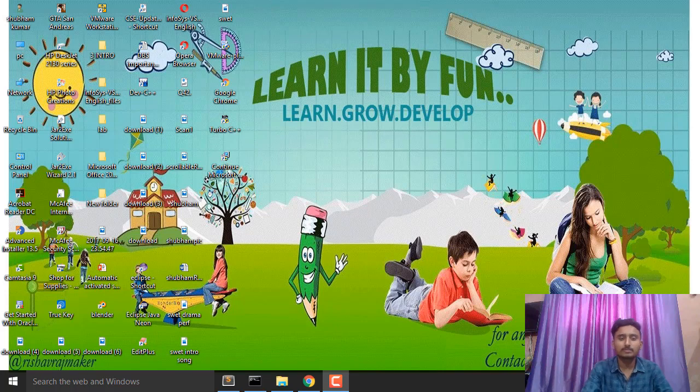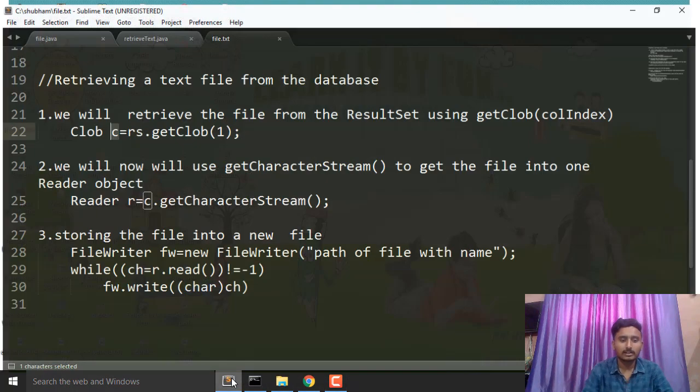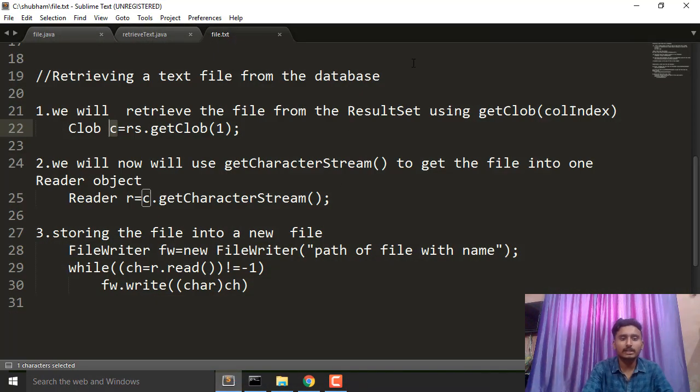So friends, our today's point of discussion is how we are going to retrieve a text file from the database. In the last tutorial we already discussed storing a text file into the database. Today's topic is retrieving a text file from the database. These three steps which I'm going to tell you now are very important regarding retrieving a text file